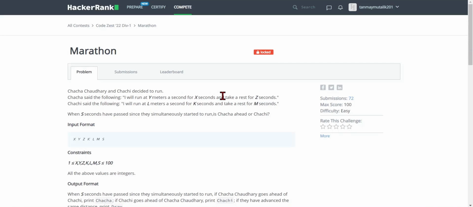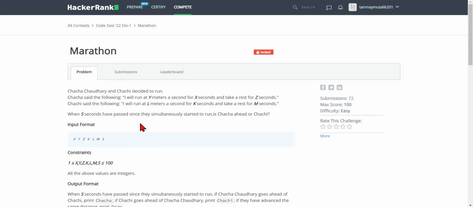After running for x seconds, he takes a rest for z seconds and then again continues to run for x seconds with a speed of y meters per second. Same with Chachi. Chachi runs with a speed of L meters per second for k seconds and then takes rest for n seconds. The question here is we are given s seconds, that is s is the total time considered, or we can consider it as the time instance at which we need to calculate who has